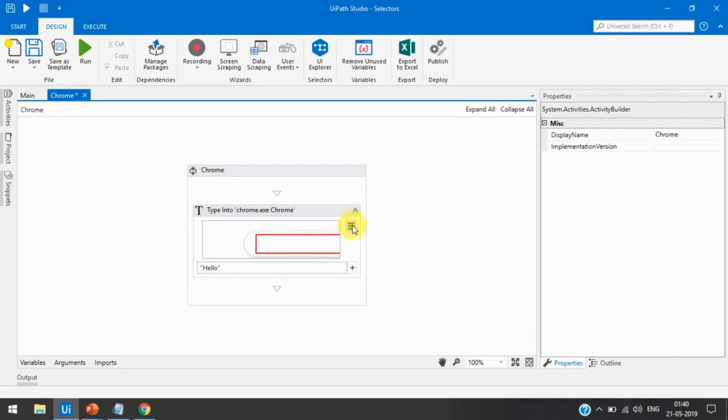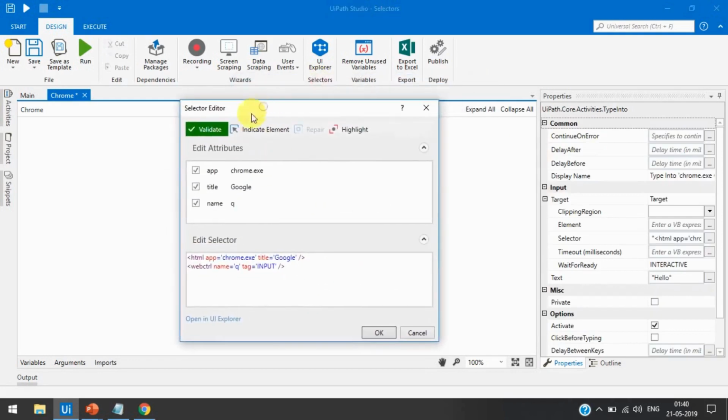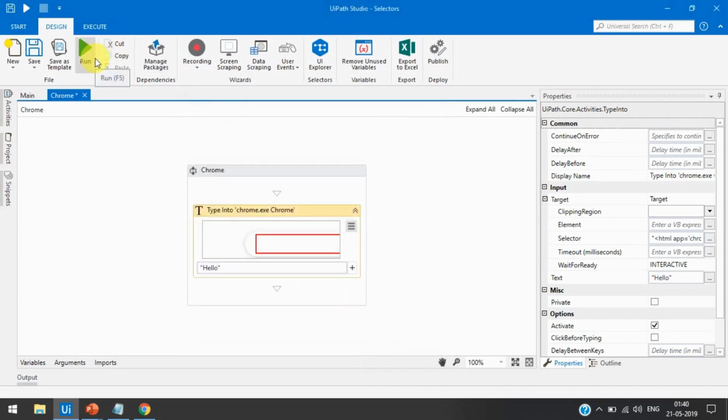So if we click on edit selector, here if you see, this is showing validate. It means this current selector is valid. So this is the selector, this is valid. So if we click OK and if we run this, then we will not get error.